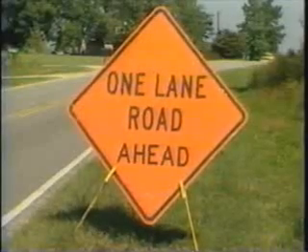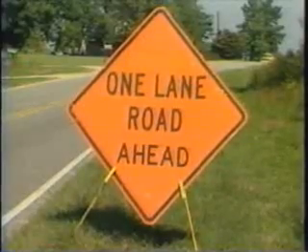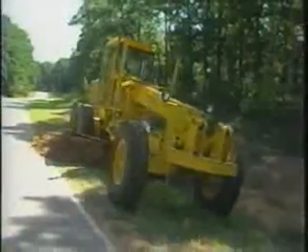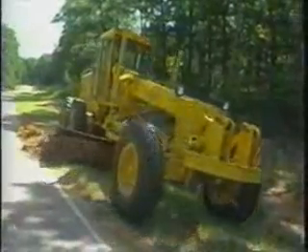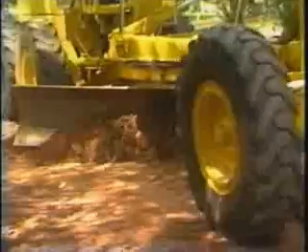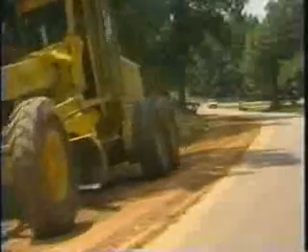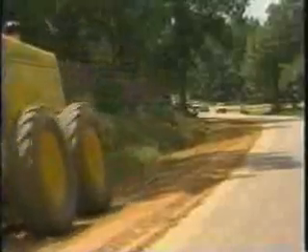Number 1, place proper traffic control. Number 2, blade shoulder with motor grader and windrow material at the edge of pavement. Number 3, spread material back across shoulder at the proper slope. Number 4, compact shoulder with the motor grader. Number 5,